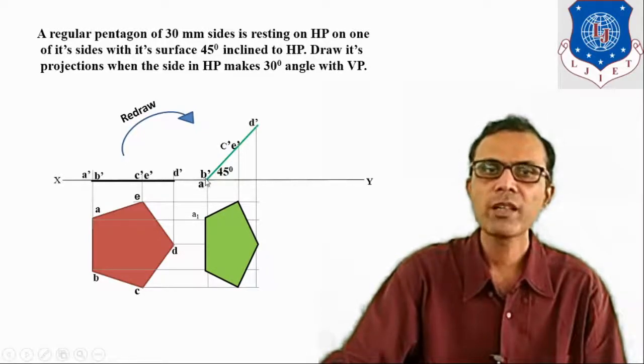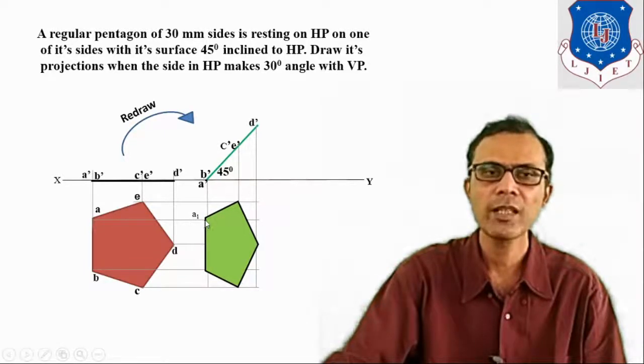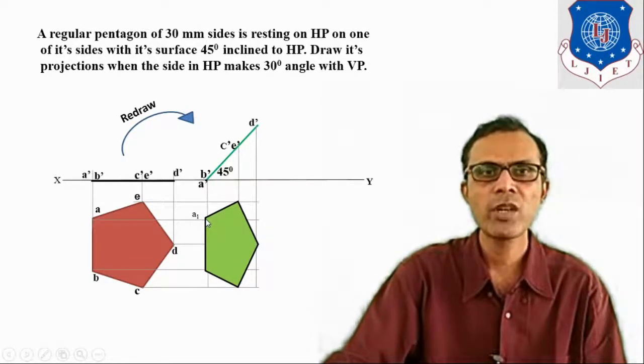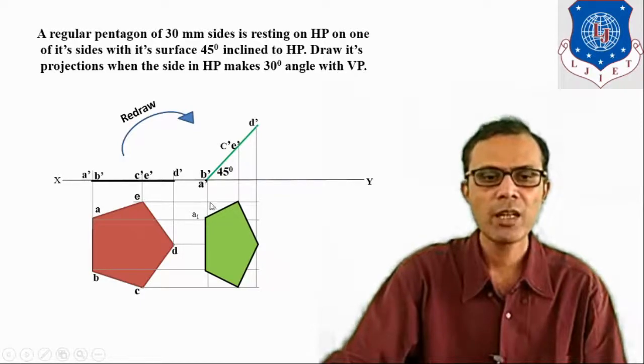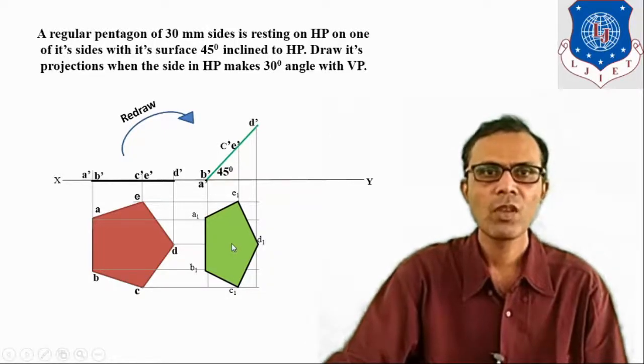How do we mark the intersecting point? For example, here it is the projection from A dash, and it is the projector from A. Both are intersecting at this point. So here that point is A1. In a similar way, the projector from B dash and the projector from B both intersect at this point. So it is the B1 point. Similarly, C1, D1 and E1, these are the points, and it is the top view for the second stage.